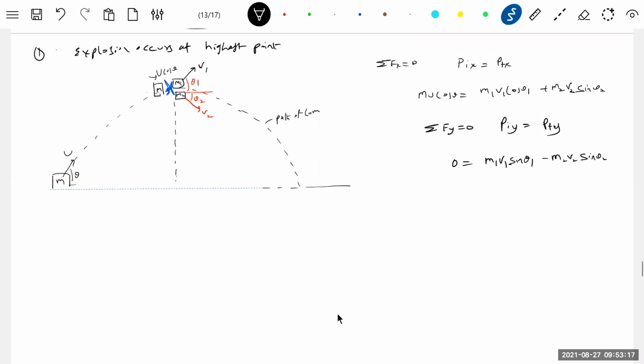Now, during explosion also some energy will be released here. So if I put it mu, what is the energy released? Initial kinetic energy just before explosion, plus some energy will be released, E naught. So what is E naught? E naught is the energy released